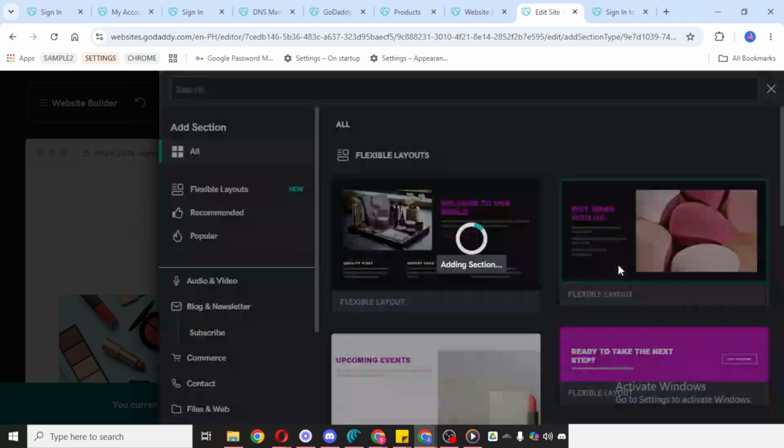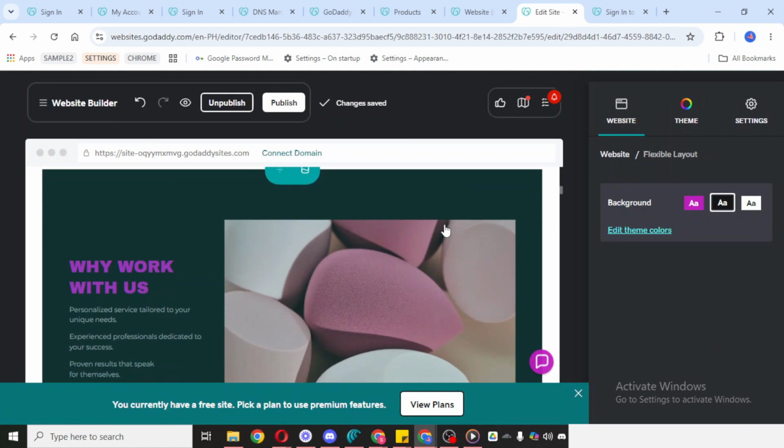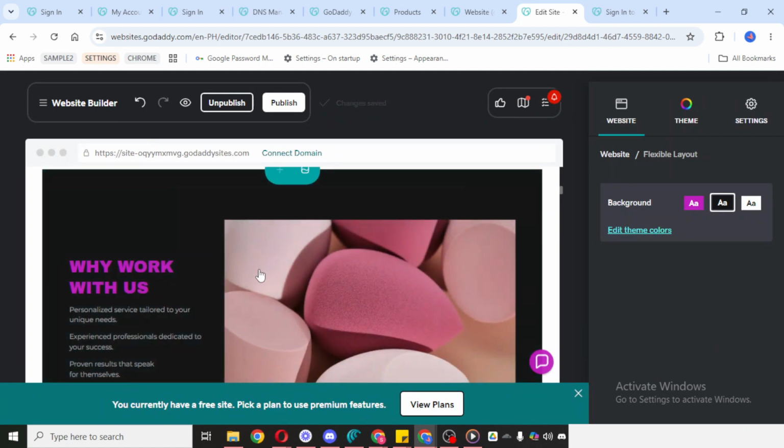After the section has been added, feel free to customize your newsletter area. You can adjust the text, update headings, and make sure the message clearly tells visitors why they should subscribe. It's a good idea to keep the wording simple and inviting, so people immediately understand the benefit of joining your newsletter. You can also check that the section fits well with the rest of your page design, so it looks natural and professional. Once you're done making your changes, click Publish.